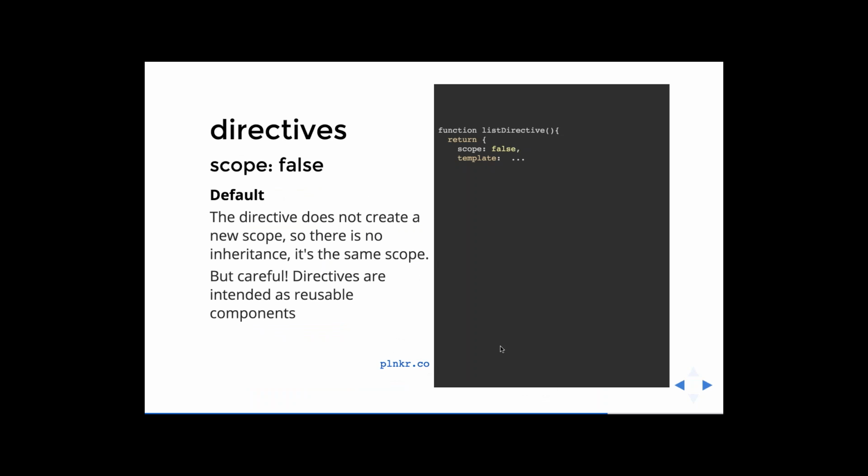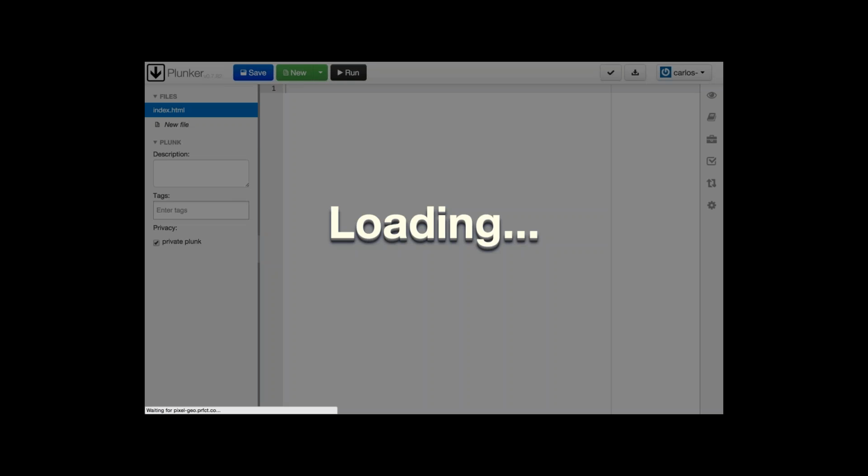Then we have the directives. A directive can have scope false. Scope false does not create a new scope. There is no inheritance here. It's the same scope as the controller or whatever is this directive. Be very careful. This is not a good practice because directives should be reusable. If you do scope false, everything is happening in the same